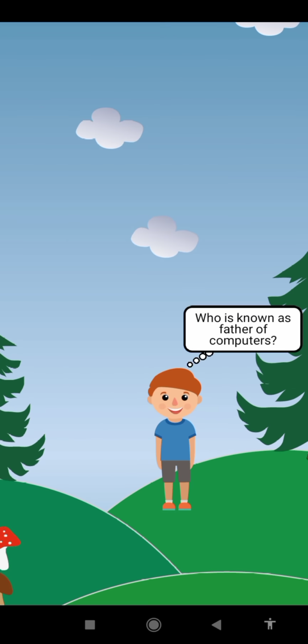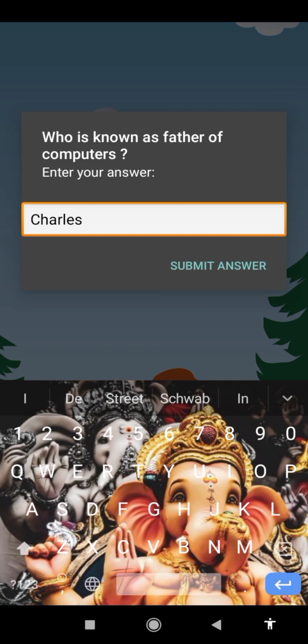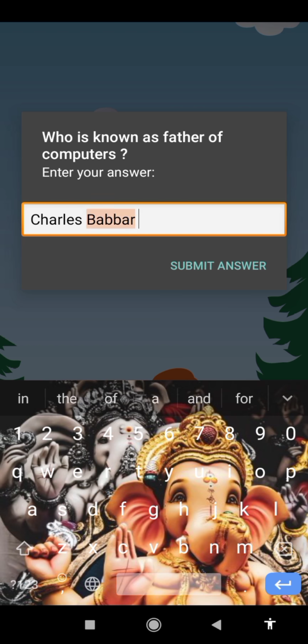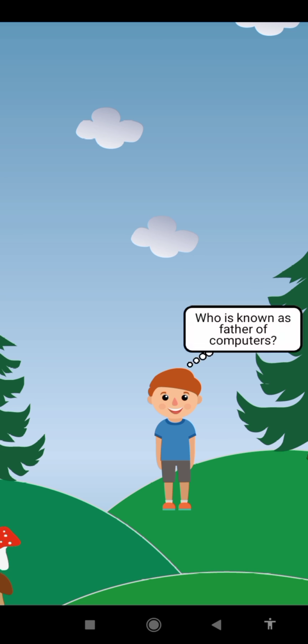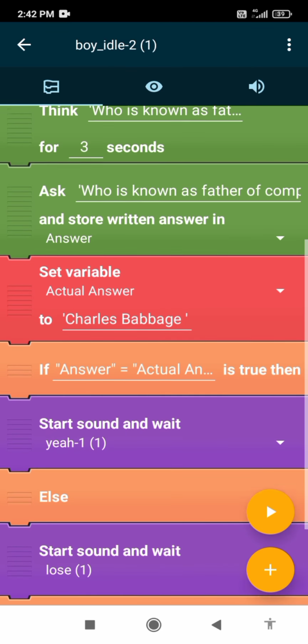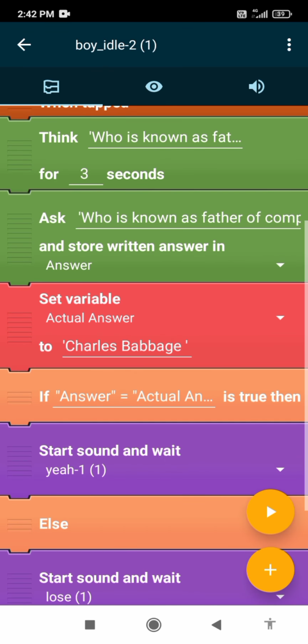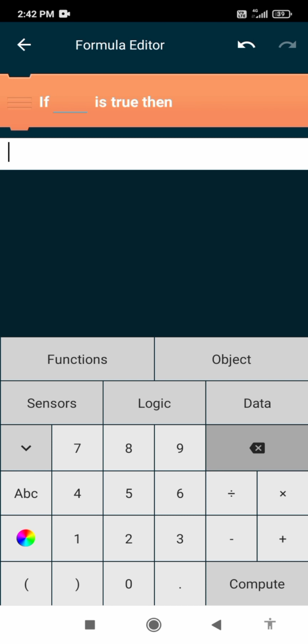So let's see who is known as the father of computers. So I know Charles Babbage. Answer is equal to answer.